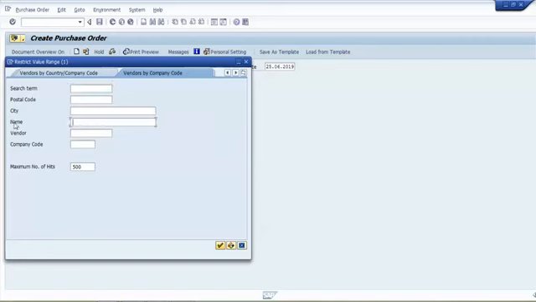In the name column, I will give, say, ABC star. So I am asking our system to show me the list of the vendors which start with ABC. So continue.